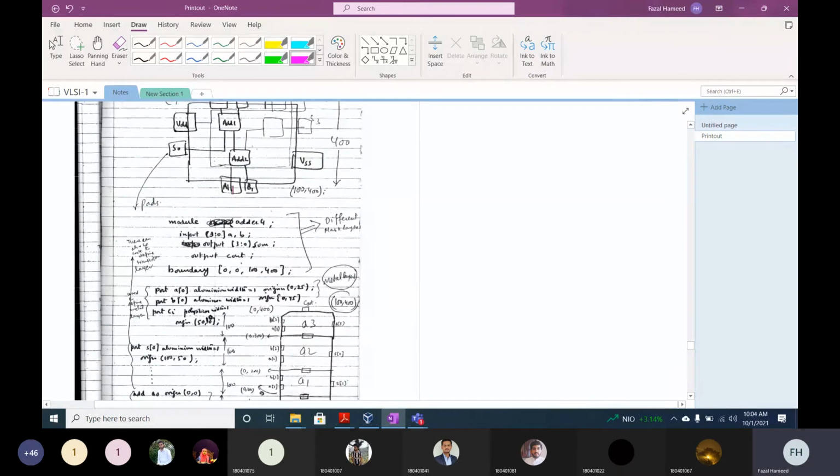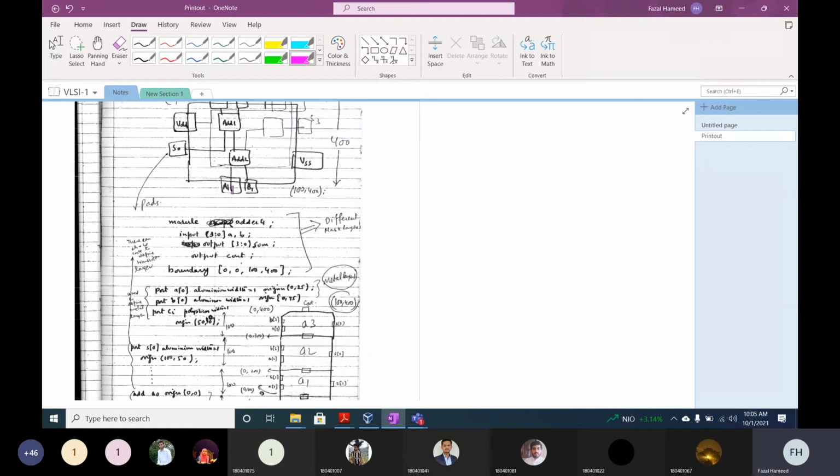Okay. So now this is a physical description of an adder. We already studied an adder, and we studied a 4-bit adder. If you remember, we studied a 4-bit adder. Yes, sir. Now if we have an adder, this adder has some area. It has some width and it has some height.